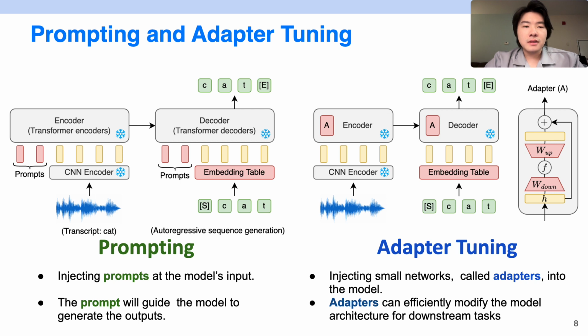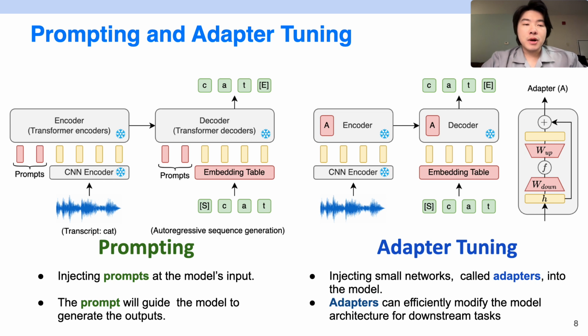And to use this kind of self-supervised model, we usually fine-tune the model on our downstream task or our own dataset. However, we already know that fine-tuning the whole model may cause some problems. For example, it may include too many trainable parameters to update and cause a huge amount of storage or computation cost. Therefore, researchers have developed some parameter-efficient learning methods like prompting and adapter tuning to study how to efficiently let your pre-trained model adapt to your downstream task.